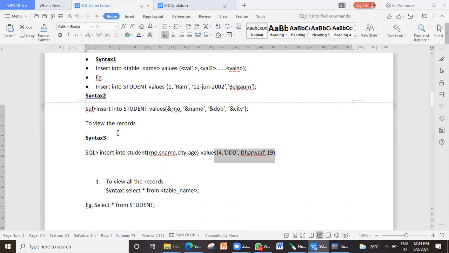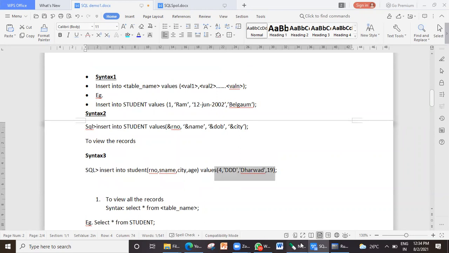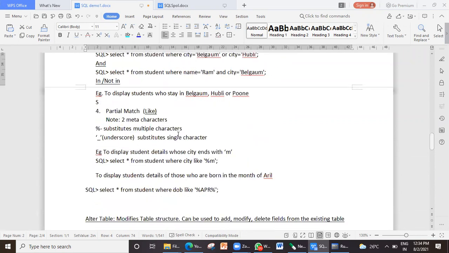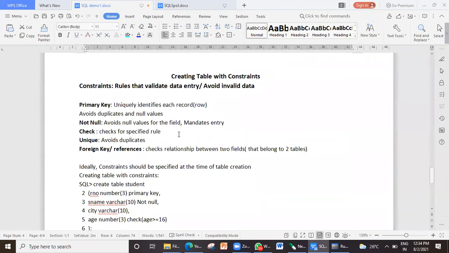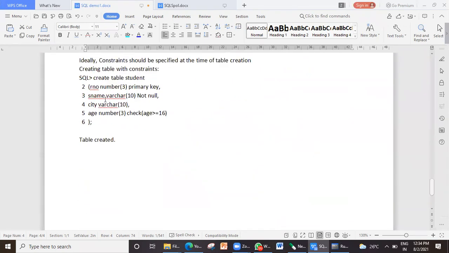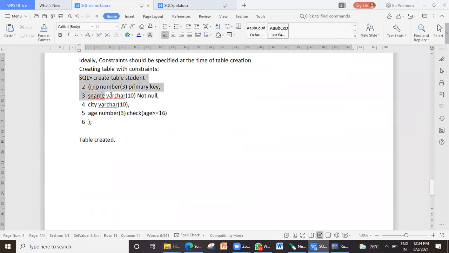Like for example, see here, at the time of table creation, now my question is, can you tell me for which field I can enter null values here? How many fields are there in my table? 4.